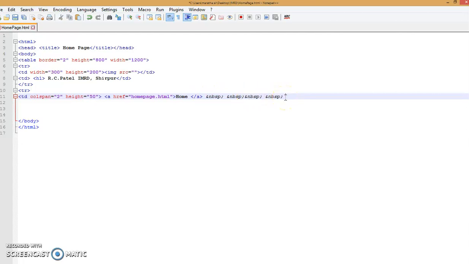Afterwards, we enter the syllabus or library page, then href live.html, library, and the anchor tag should be closed. Then give the space between those two anchors, two links,